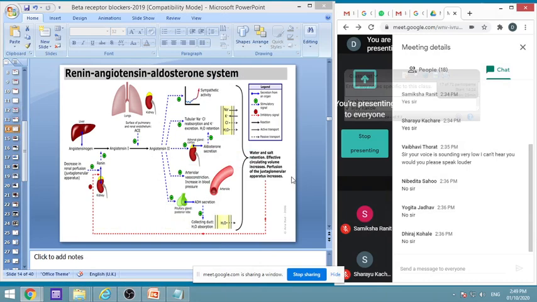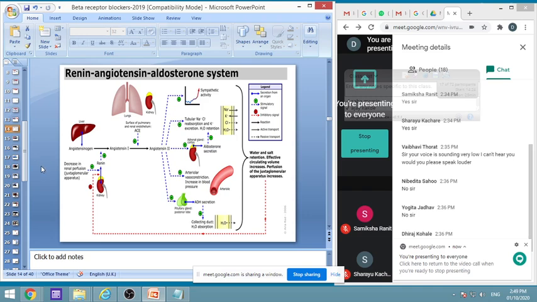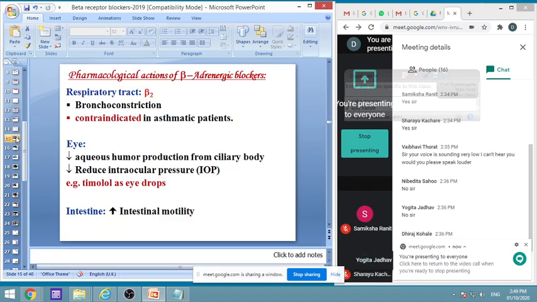So this is how these drugs are acting at various stages. Renin block, because of that no angiotensin, because of that no vasoconstriction, no aldosterone effect. All this effect we have already seen, and thus it helps in prevention of hypertension, or it helps in the relieving of it. Now effects on the respiratory tract, again let me